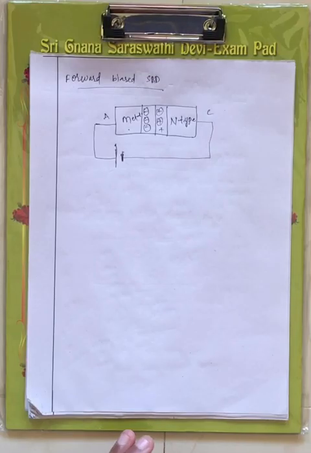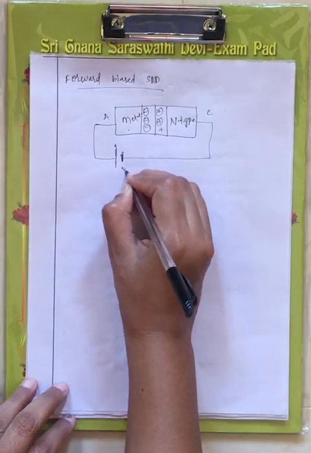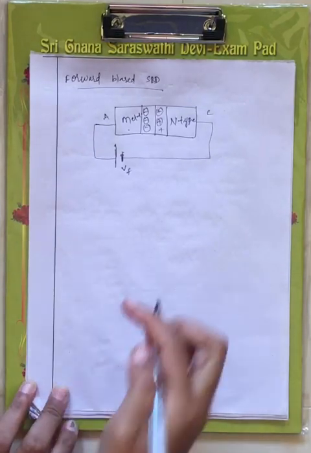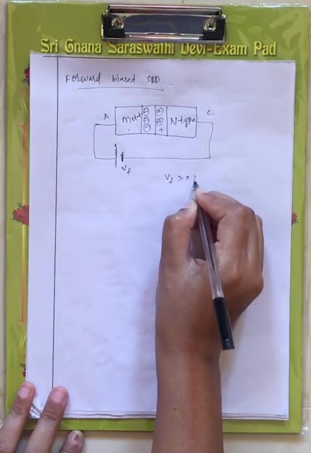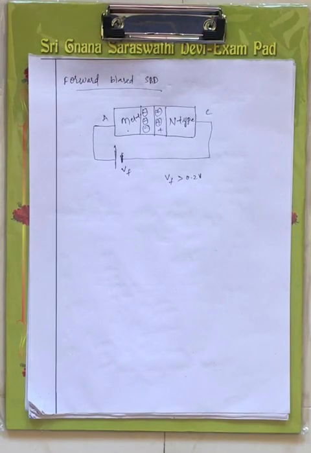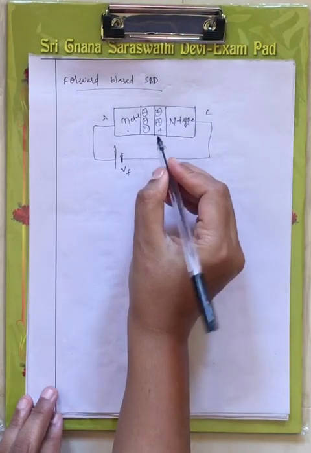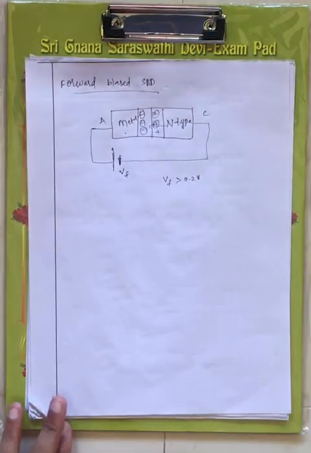Now when we apply voltage to this particular Schottky barrier diode under forward condition, what happens here is more electrons are formed in the metal, right? When the voltage, let us consider Vf, is greater than 0.2 volts, which is the breakdown voltage of your Schottky barrier diode, right? Now when the voltage is greater than 0.2 volts, free electrons cannot move through this junction.